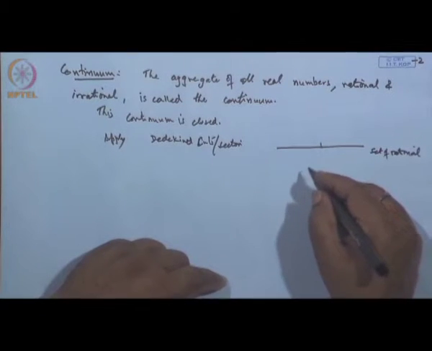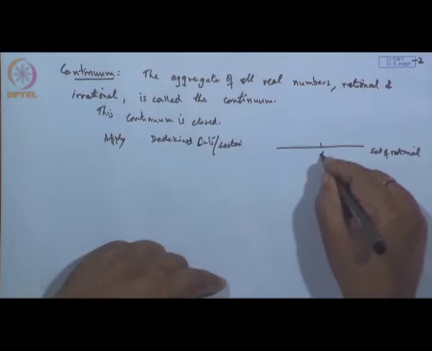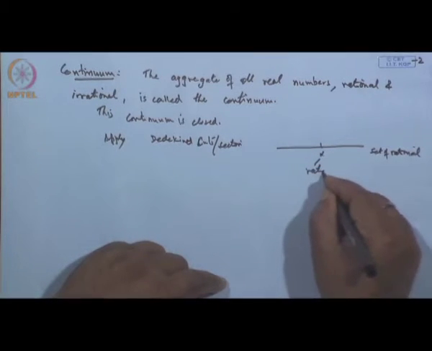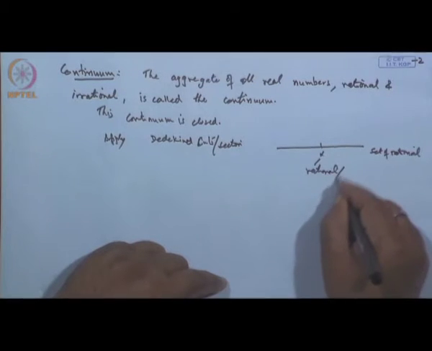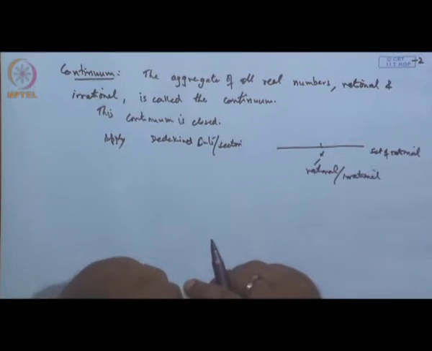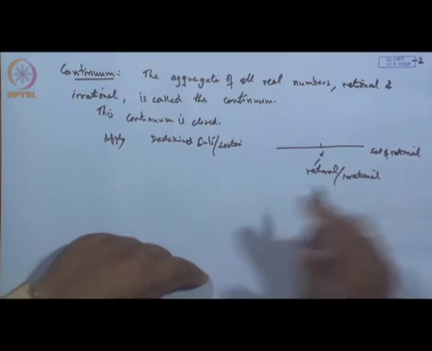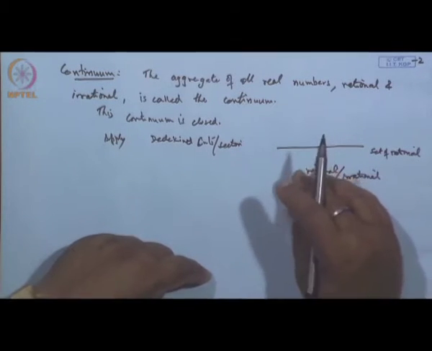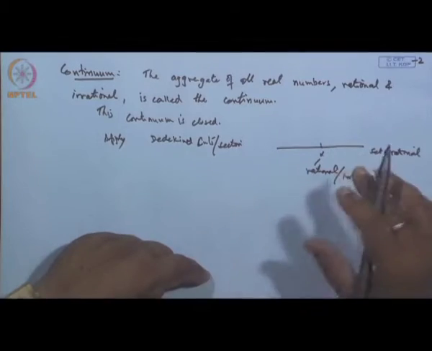When you apply the Dedekind cuts, we are basically bringing this thing into the form of sections. So, each section will correspond to some number alpha. Now, this alpha may be a rational number or may be an irrational number. When we apply the Dedekind theory over the set of rational numbers, it gives you sections, and the collection of all these sections gives the real numbers, that is the continuum.